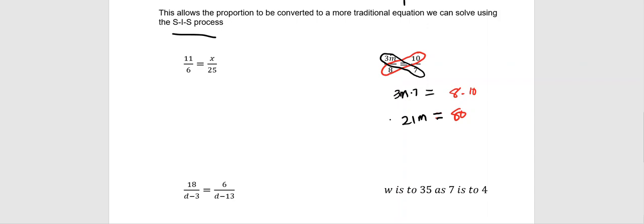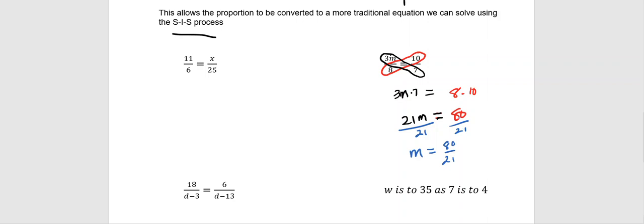The bottom line is, at this point, all we're left to do is to solve this resulting equation. And this is a pretty straightforward equation. It's a one-step equation we created. And by solving, we will simply divide both sides by 21. So I should get m is equal to, and remember, I want to leave this as an improper fraction. Just simply reduce it if I can. And to the best of my knowledge, I can't reduce this any further. So our final answer is going to be